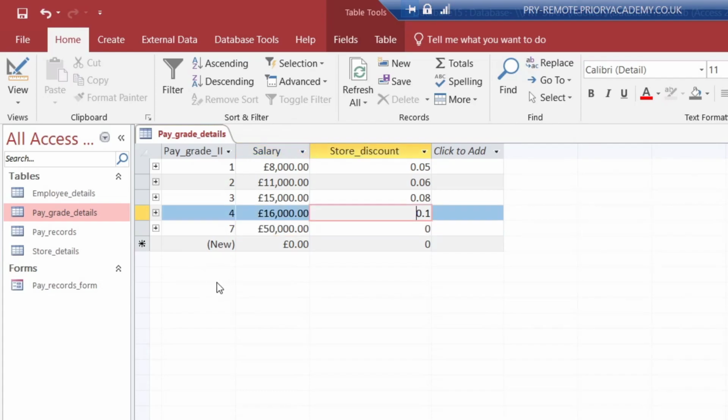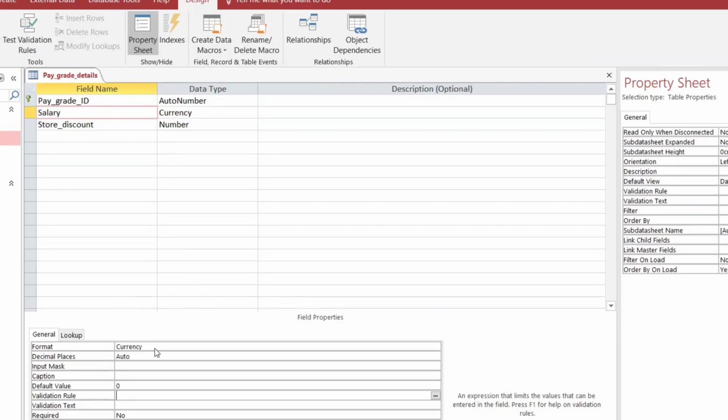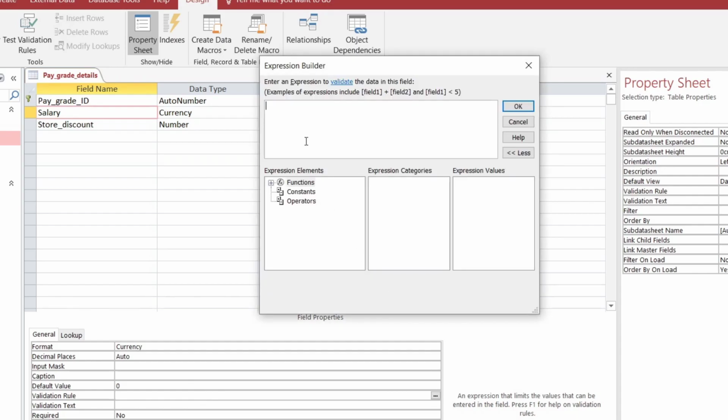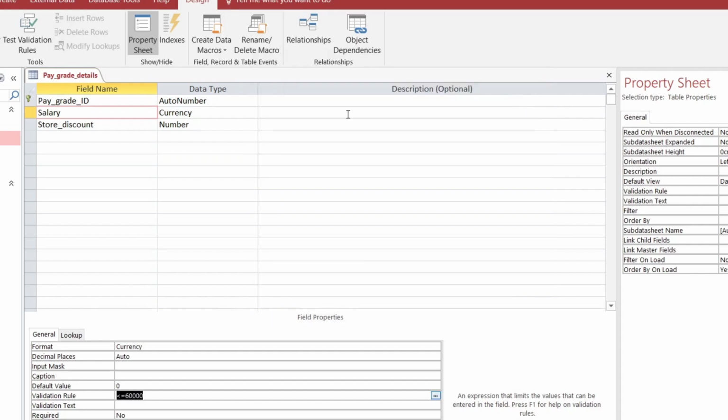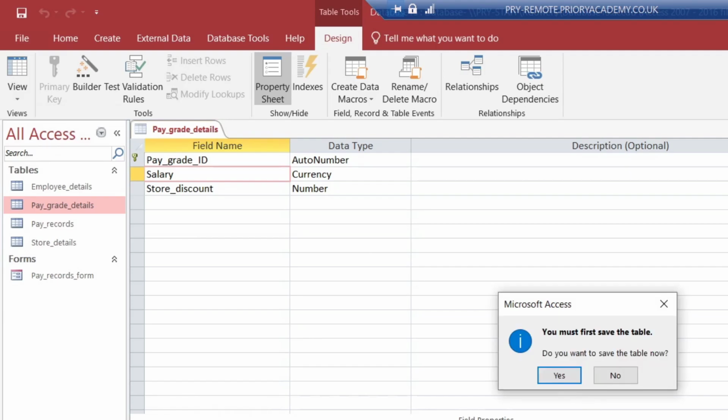So next, I might think, well, I don't want any of my employees to get more than a certain amount of money, and I want to make sure no one accidentally enters a salary over a certain value. So if I go into design view, go to salary, go down here to validation rule, I can say, can you make sure that the value is always less than or equal to 60,000, so that none of my employees are getting more than 60,000. And then when I go back to datasheet view,